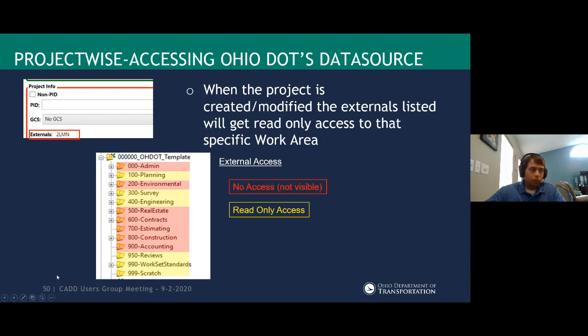we can easily update the permissions and have that go through. But for now, the admin folder is what I'm telling people internally is the safe zone: consultants are never going to see the admin folder. So if there's sensitive stuff in there, that's where it needs to go, in the admin folder. So even if you bring a consultant in, they're not going to see the folders in red. It just won't even show up. The ones in yellow, they'll be able to see. Again, we can change that, but hopefully most of this stuff is good on CADD, and you're going in the engineering folder, you can get that data.